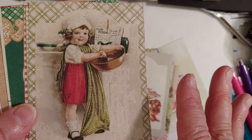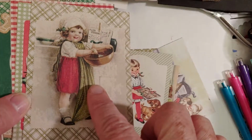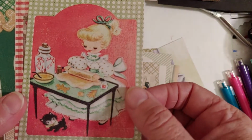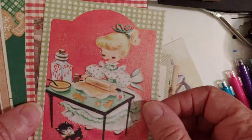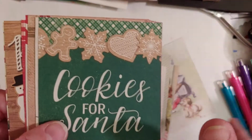So one page of the little 3x4 cutouts was all images. And then, oh, look, a little kitty there. Didn't even see the little kitten. And then there's that one. And then the other page,